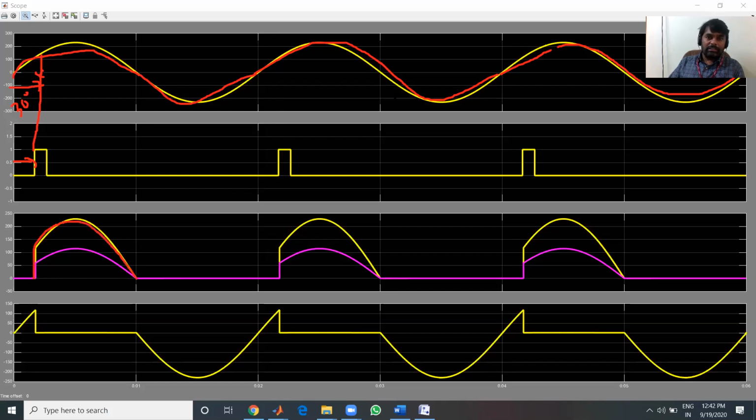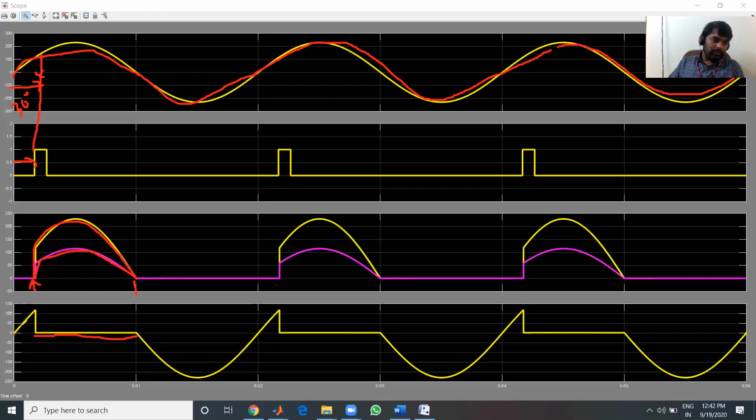And since the load is a resistive load, the current and the voltage should be in phase. You can see the current waveform is in phase with the output voltage waveform, right? And from omega t equal to alpha to pi, the SCR is in conduction state. So the voltage across the SCR should be 1 to 2 volts practically. It should be 0 theoretically, ideally. And you can see this voltage across the SCR is almost 0.